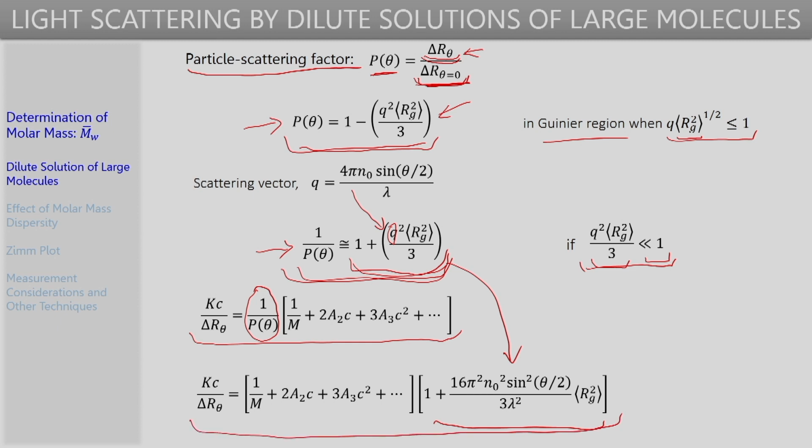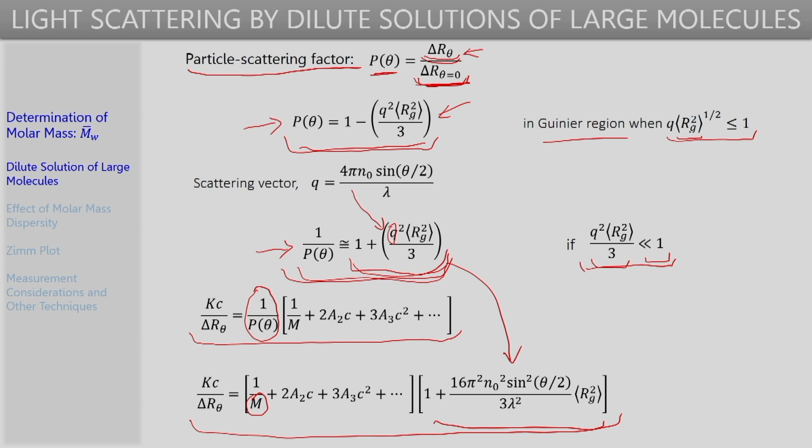In the expression that we have here, the quantity M that appears is the molar mass of the solute, and this equation is still valid only when the solute has a unique molar mass. So, till now we have not introduced the fact that in polymer solutions the polymer chains can have different lengths, and there can be a distribution of chain lengths and molar mass, and hence there will be an effect of this distribution, or dispersity, on the static light scattering expression.